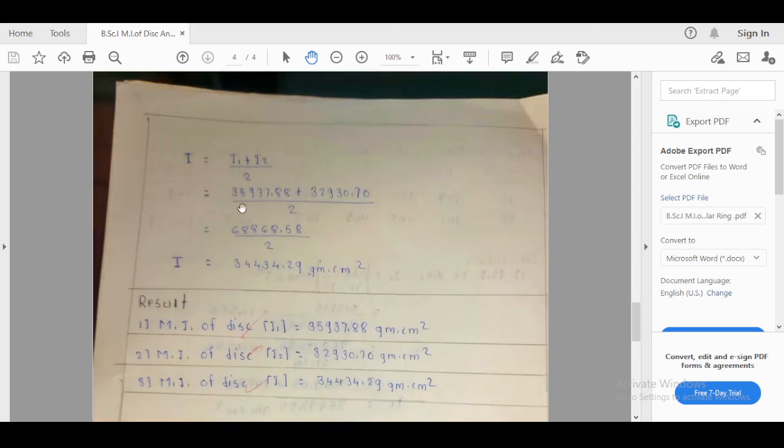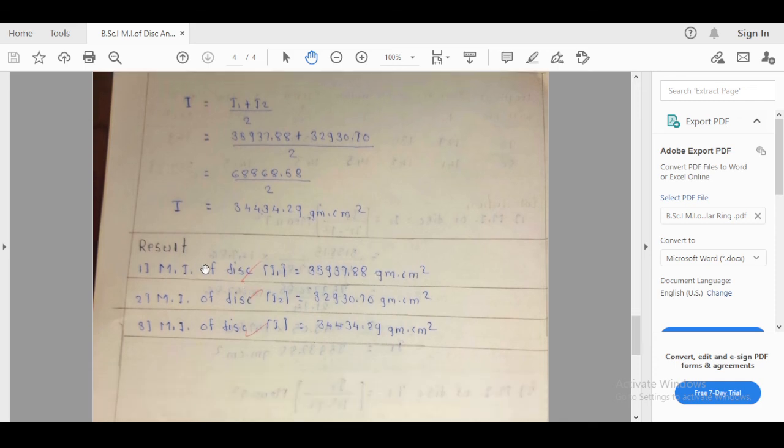And therefore for the final result, when we have to calculate the moment of inertia of the disc, we take the average of these two readings, because one is for length 70 centimeter and the other for length 80 centimeter, and the average comes out to be 3443429 gram square centimeter. The final result of this experiment: moment of inertia of the disc for length 70 centimeter is equal to this, for length 80 centimeter is equal to this, nearly 35,000 and 32,000, and the average moment of inertia of the disc is equal to